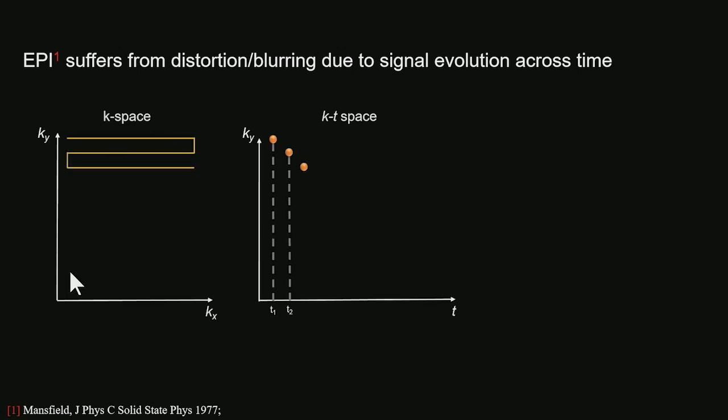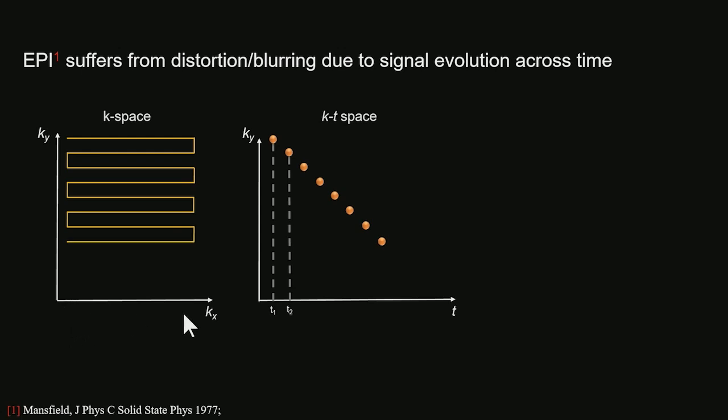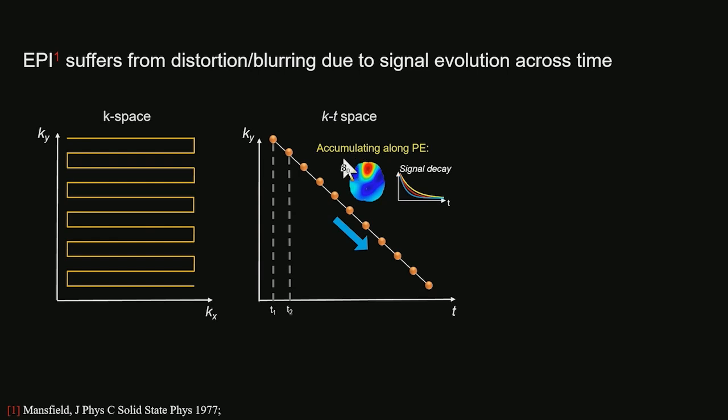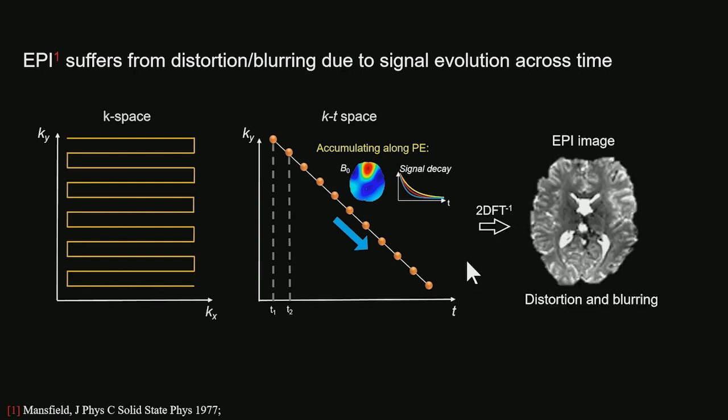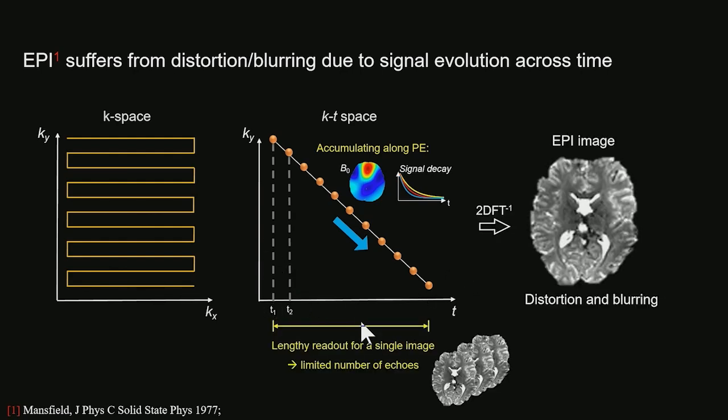So, EPI has distortion and blurring because it acquires different phase encoding lines at different time points. I'm plotting the KY and T space, with different phase encoding lines at different time points. This shows as a diagonal line in the KYT space, and there's phase accumulation and signal decay accumulating along the phase encoding direction, leading to the distortion and blurring. And this lengthy readout to generate one single image also limits the number of echoes we're able to obtain